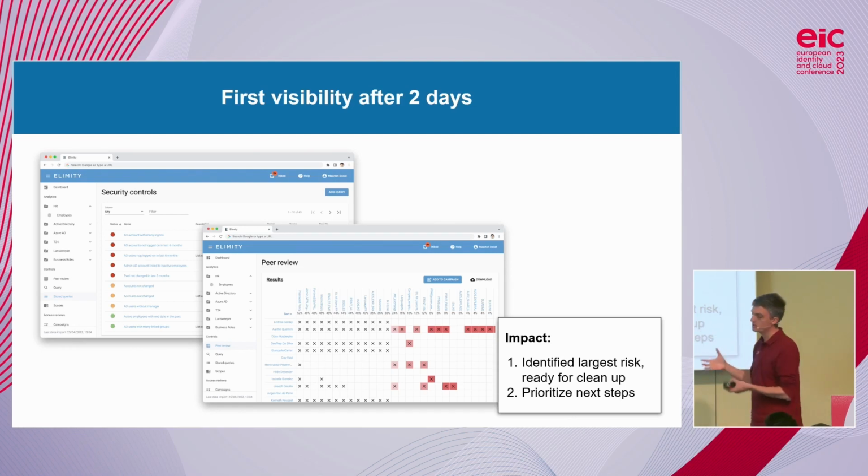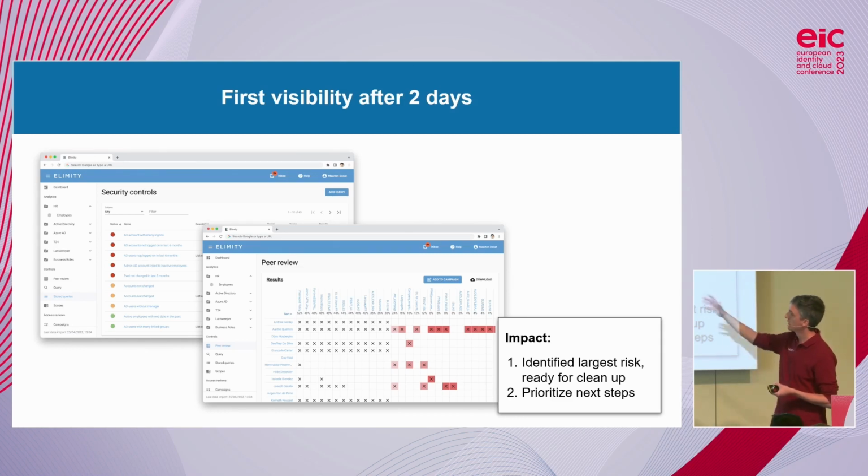But what this ends up with is an overview of your as-is situation, that's the way I like to call it, and then your most important risks, where you are red, orange, or green, which enables you to compare the different permissions of the people in one team that you would expect to be able to do the same. Almost always you see people that have been moving around throughout the organization and are only granted more and more permissions and never been revoked. So those red flags, those are the interesting ones to really focus on with your security team, your IT team, or your line managers and application owners.